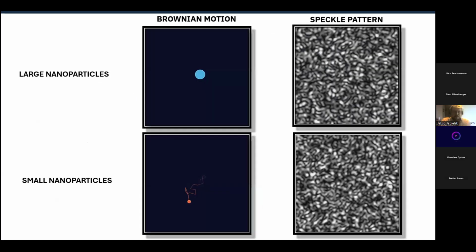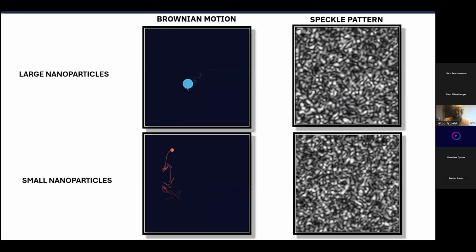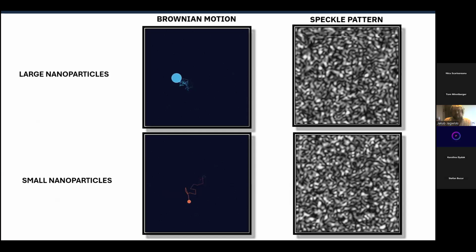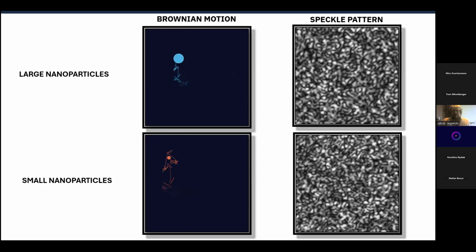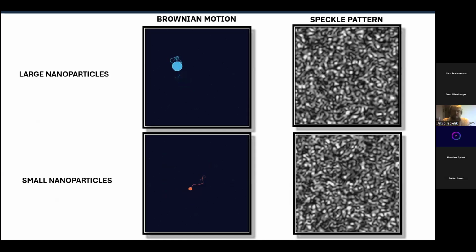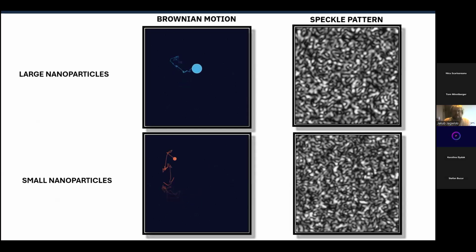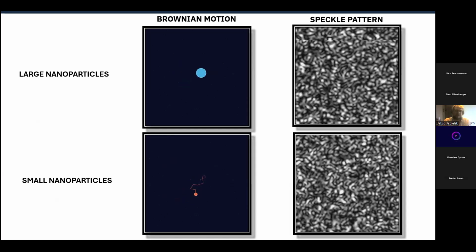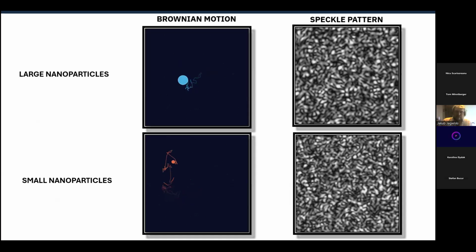But what are we actually measuring? The foundation of DLS is Brownian motion, the diffusion of particles suspended in a fluid. This motion arises from the thermal fluctuations of the solvent molecules, which continuously collide with the nanoparticle from all directions. At any given moment, these molecular impacts do not perfectly cancel, resulting in a net random force and a random